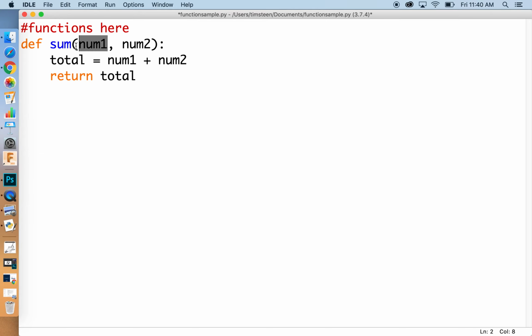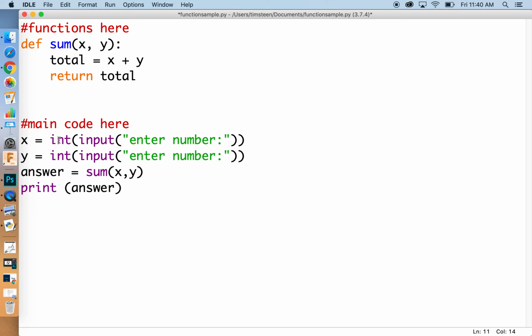What happens if this person does create variables that happen to be called x and y, and so they are the same? Is that a problem, or is that okay? It's perfectly okay. What gets confusing is that this x and y are completely different in the computer's memory than these x's and y's. I often call variables boxes that the computer stores things in, right? You have a memory location. It's like a mailbox that you put something in. So think of this x and y as being completely separate mailboxes